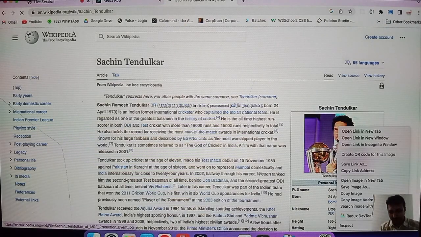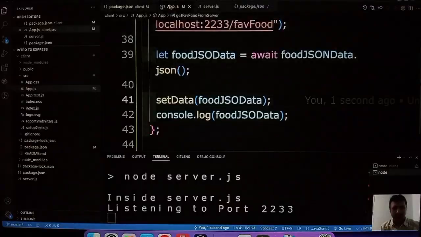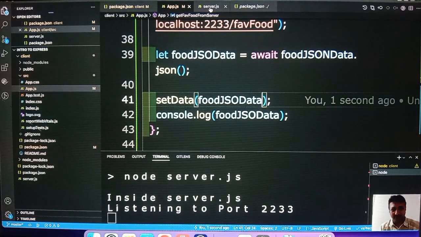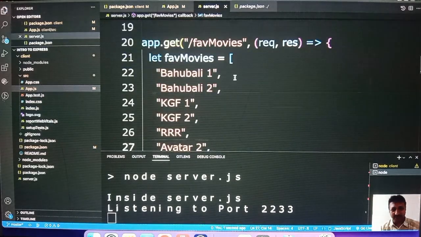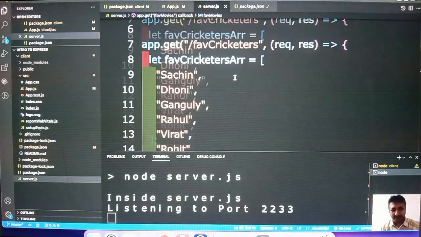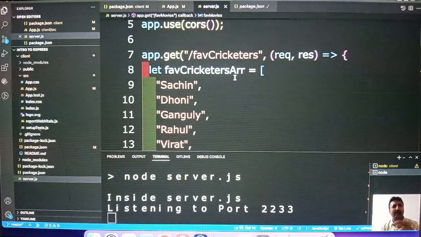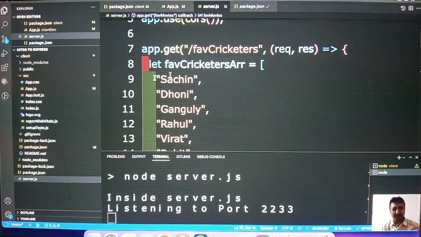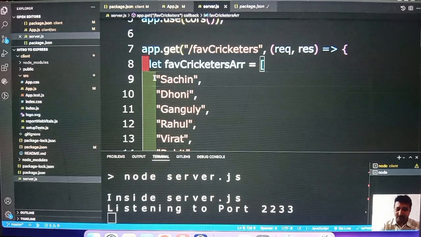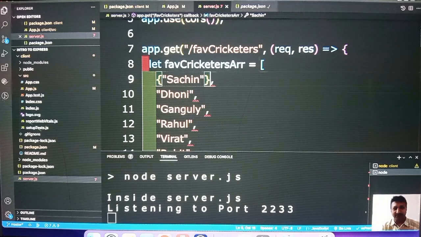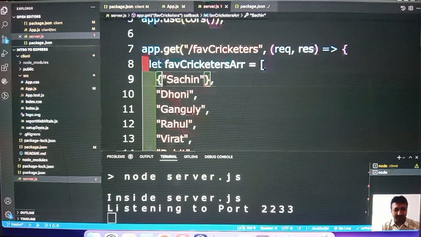I click copy image address. Now in our server, we are sending actually an array of strings. What I will do, I will convert that into an array of objects. We'll say name is the key,